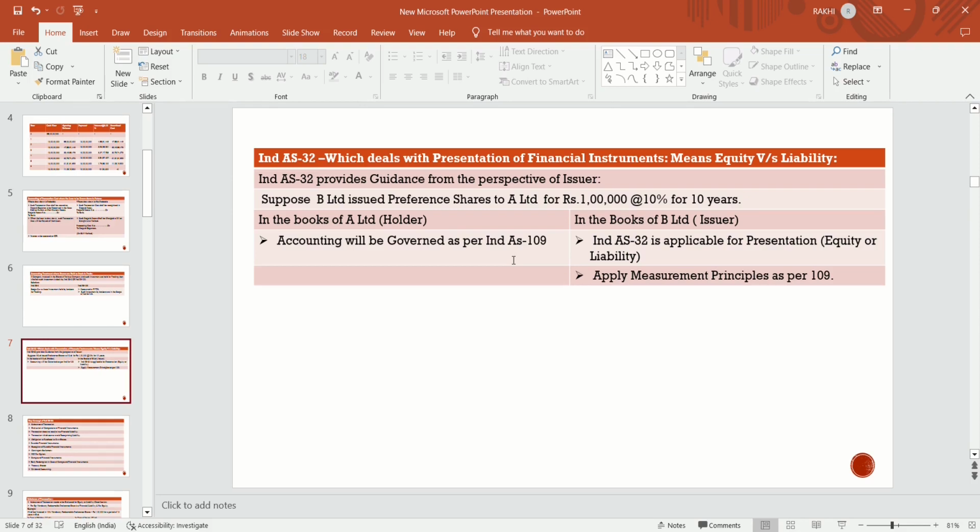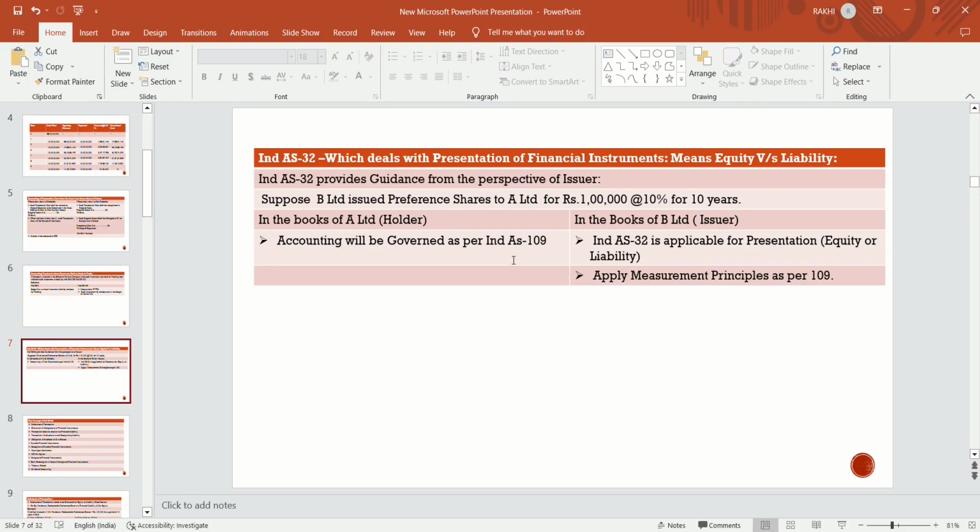Suppose B Limited has issued preference shares to A Limited for rupees 1 lakh at the rate of 10% for 10 years. So in the books of A Limited, who becomes the holder of that instrument, it should be accounted as per Ind AS 109, like fair value through OCI, or at amortized cost if it satisfies the SPPI test, or fair value through OCI held for sale. Then it should be recognized as per 109. But